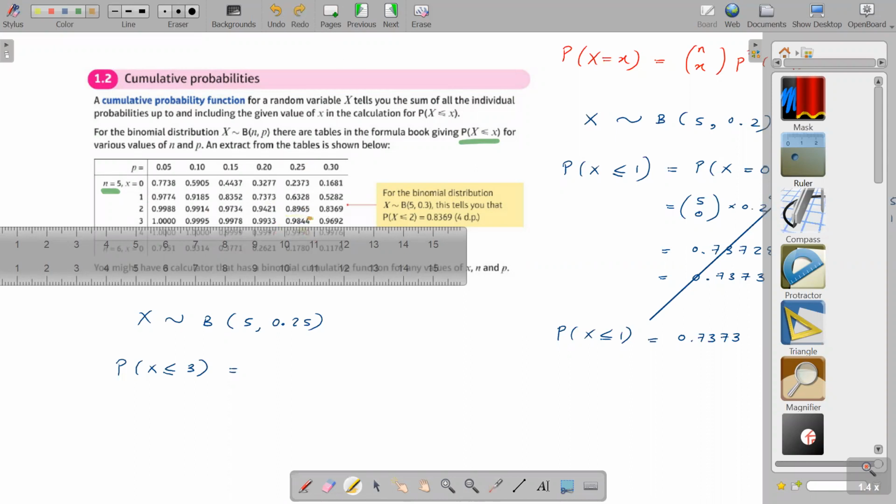0.9844. Guys, can you see? So the answer is 0.9844. Is this clear? So you don't need to show any extra calculation. However, guys,